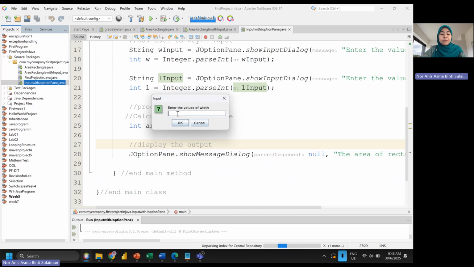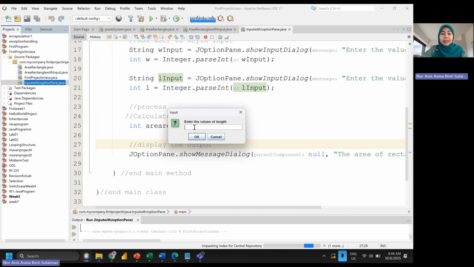I'm using the same values: width equals 3 and length equals 5. So your result will be 15. The area of the rectangle is 15. This is what we call a dialog box, the message dialog box. Before this was an input dialog box, and this is a message dialog box.